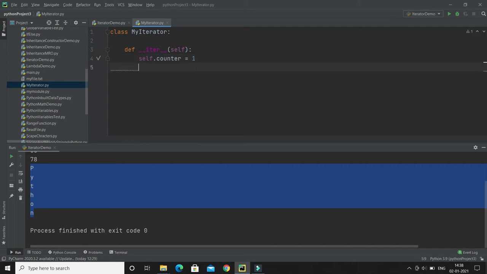And here of course you have to return the self object itself. I would say return self. Okay, that's it.